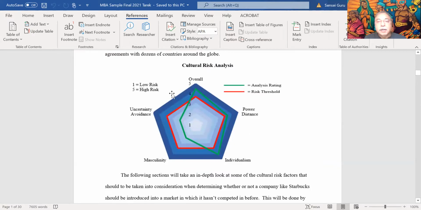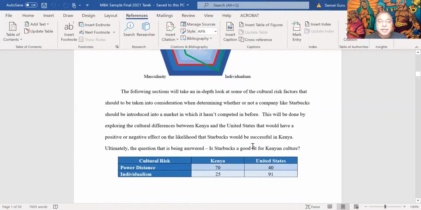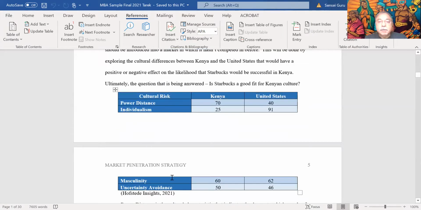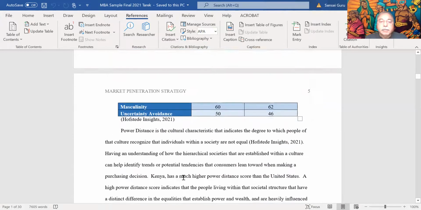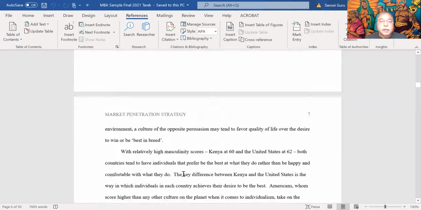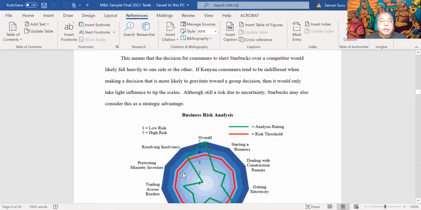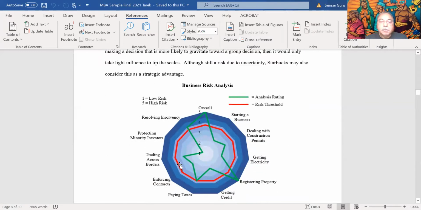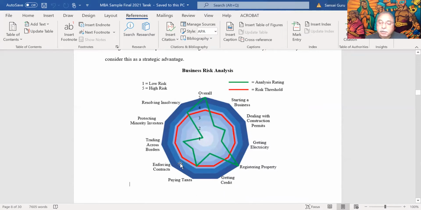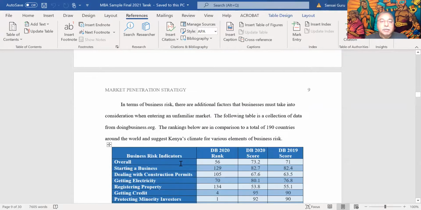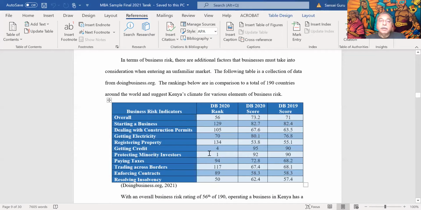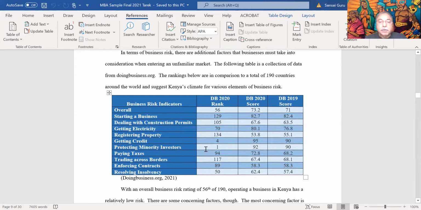But you look at how he put all those dimensions of cultural risk into the paper, which I thought was pretty good, but he also had his own table. Cut and paste is a bad idea in a graduate level paper. You have to do your own table. So what this person did, he gave me permission to share his paper. His name is Tariq. So you look at business risk, again, another beautiful graph showing all the different levels of business. You don't have to do it this way, but this one for sure you need to do: having a table with the different levels of risk.